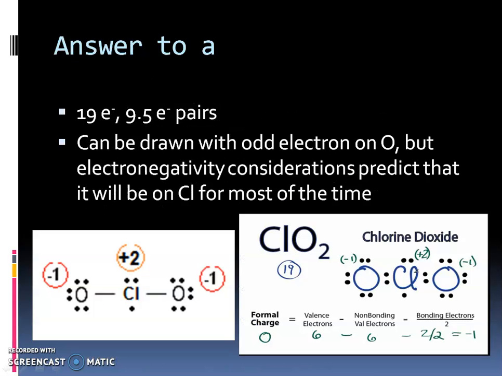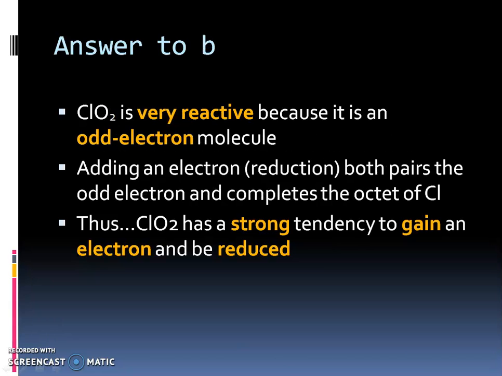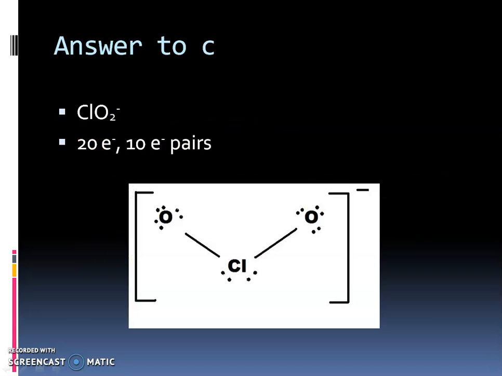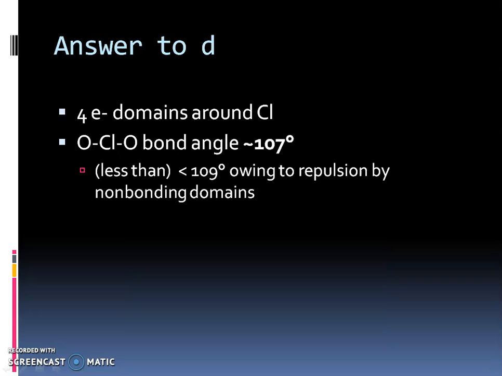So for A, hopefully you came up with this. And I did put in those formal charges. I found pictures that have formal charges, so I thought that, again, was a good review of how to find those. B, C, and again, now this one is a polyatomic ion, so you do want to have those brackets with the charge on the outside. D,